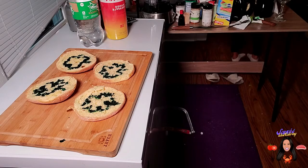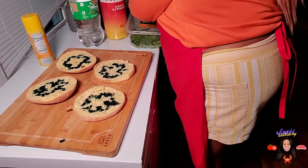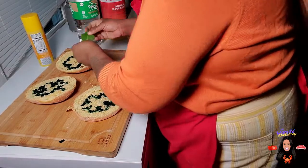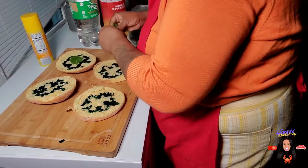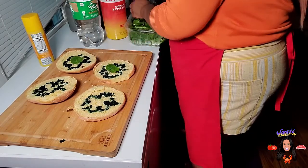So I'm just going to set these out. I would fill them in, but I'm not trying to use all my stuff. But what you can do, one second. Although, honestly, I feel like you could do this after so that it doesn't over fry. But what I'll probably do is put some foil on top so that the spinach doesn't get hard and crunchy. You can just lay a leaf in the middle of all of them to fill in the green. And then I'm just going to spray it with